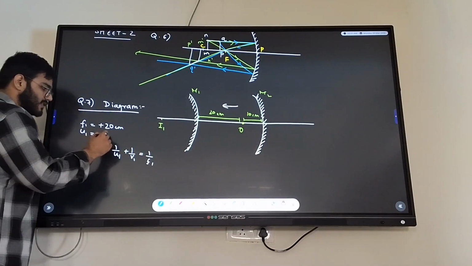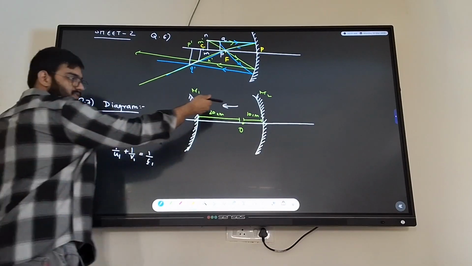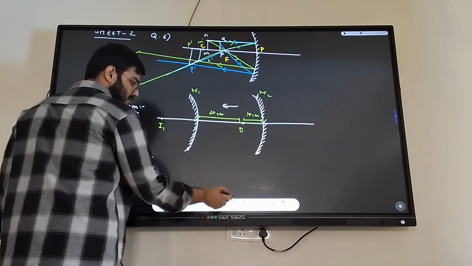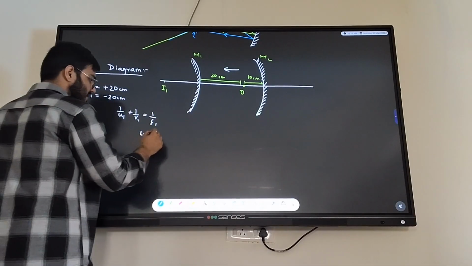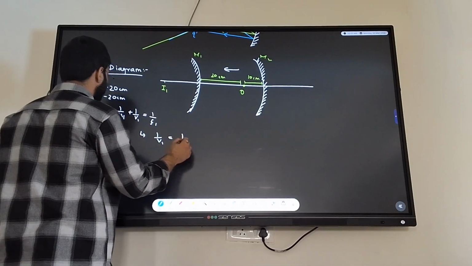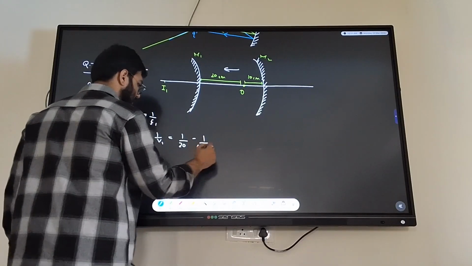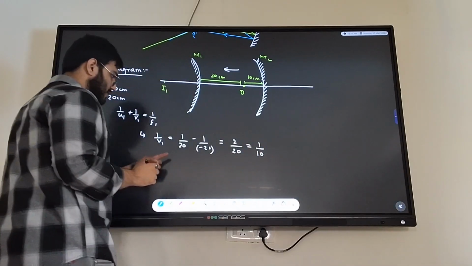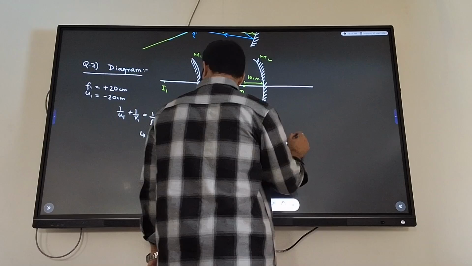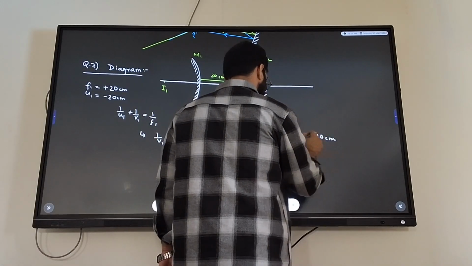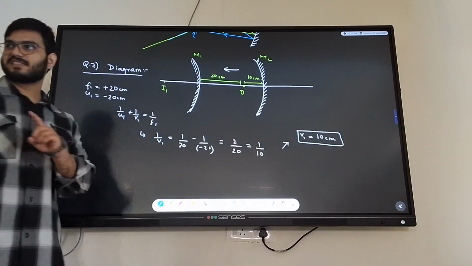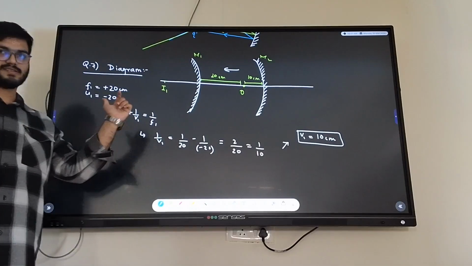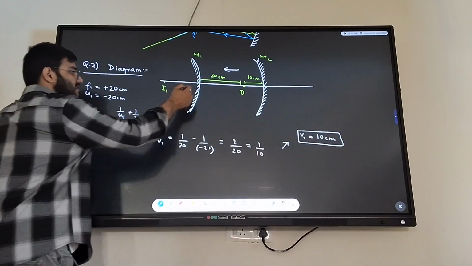So object distance is minus 20. Do you understand the sign convention here? This is the incident ray direction. Focal length is measured here and object distance is measured there. So can I find my first image position? The first image will be 1 by 20 minus of minus 20, and I think you will get something like 2 by 20. That will be 1 by 10. Is it all good? So you will get V1 as plus 10 centimeters. Then where is it, in this direction or in that direction? In this direction. Everyone agrees? So this is 10 centimeters.